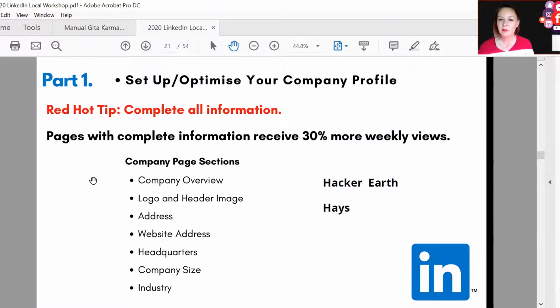So these are the sections on the company profile. Company overview, so explaining what the company does, the graphical elements of your logo and header image, the address of where your organization is, web address, where the headquarters are, the size, and that's determined by the number of employees, the actual